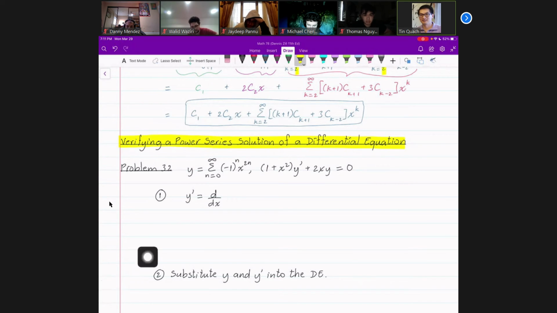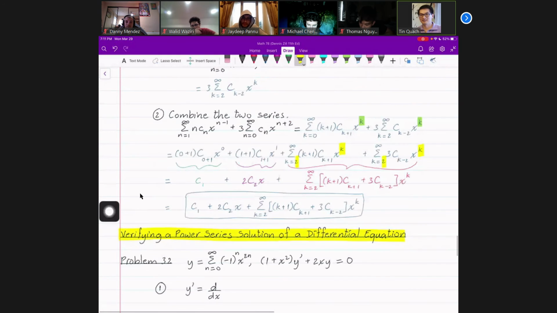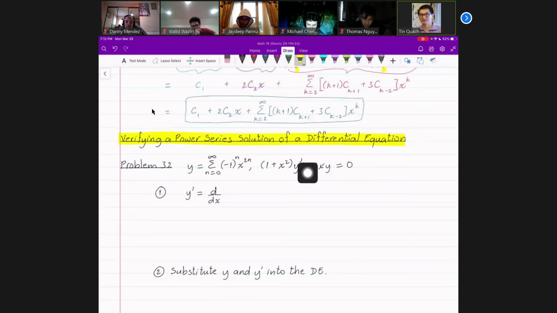So basically, I give you a power series and I give you a differential equation, and I ask you, is this power series a solution of this differential equation? Well, just like before, to verify a solution, you just plug it into the equation. So y is equal to this power series. Now you have to find out what y prime is, so you can plug it in here and then combine the two. To combine the two, you have to know how to do something that we just did, combining power series. And when you combine the two, make sure you get 0.